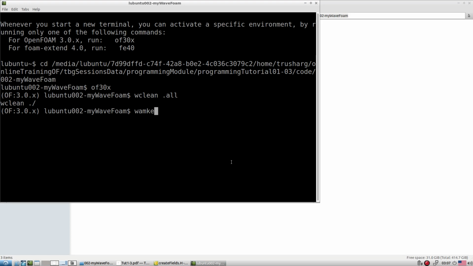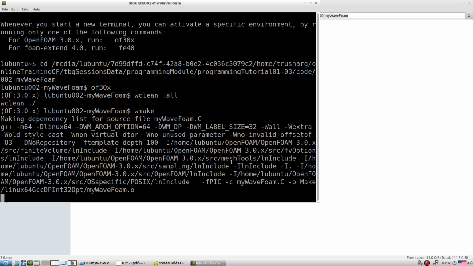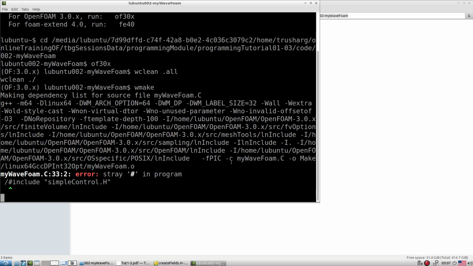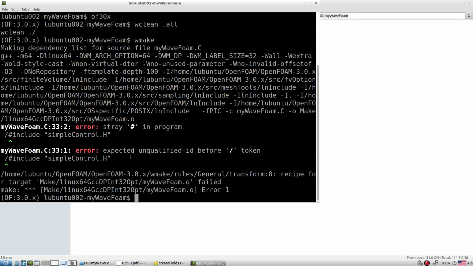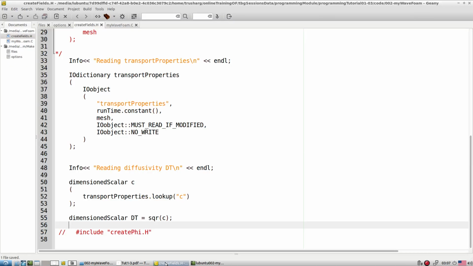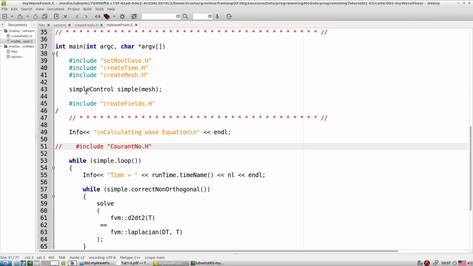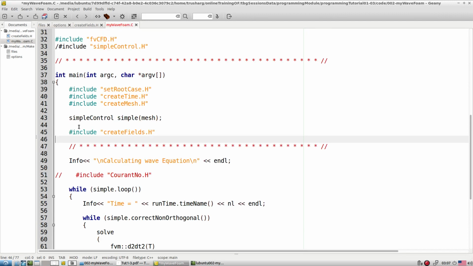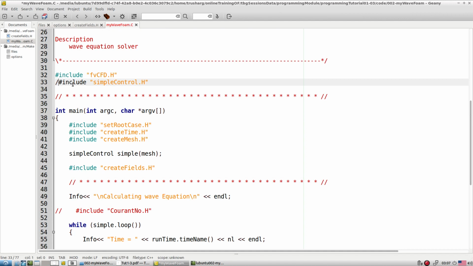Then wmake. Something at line number 33 is failing inside this. So let's see. Yeah, this first thing is wrong here, a typo, nothing else.